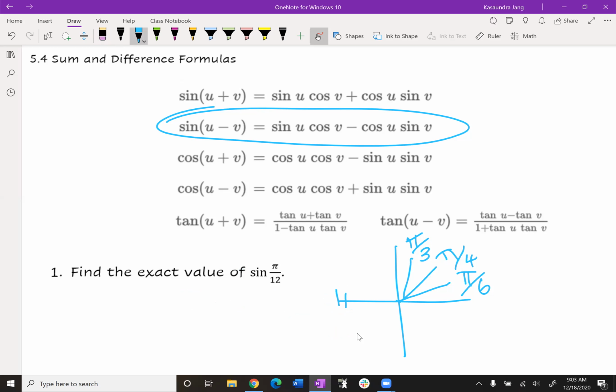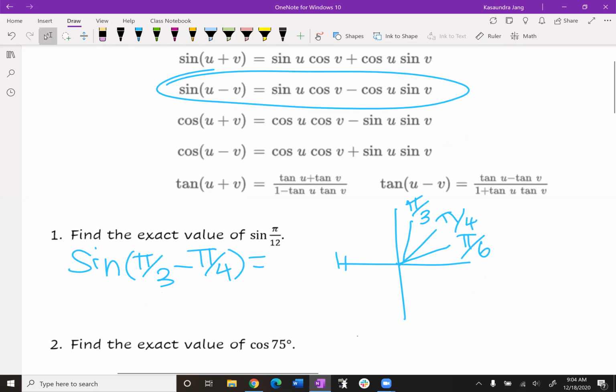It looks like the u in the equation I'm going for is pi 3rds, minus the v I'm doing, which is pi 4ths. And according to this formula, that's going to give me